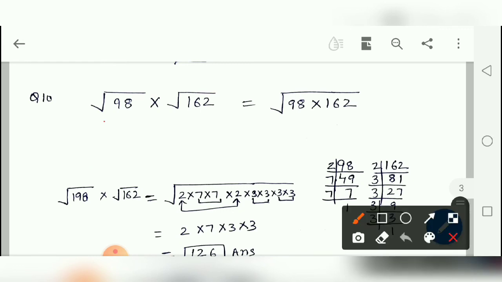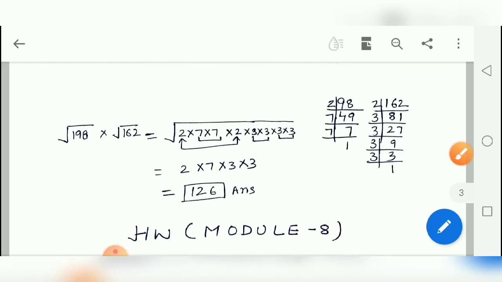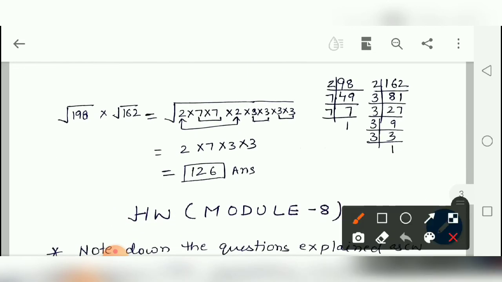Here also, dear student, you can see 98 and 162 are not perfect squares. When you make that table now from 1 to 50, the squares of 1 to 50, in that list you can see whether 98 or 162 is a perfect square or not. So be ready with that table with you. Now this will become the whole under root 98 into 162. Again in this type of question, because these two numbers are not perfect squares, we have to do the prime factorization. Here I have done it.